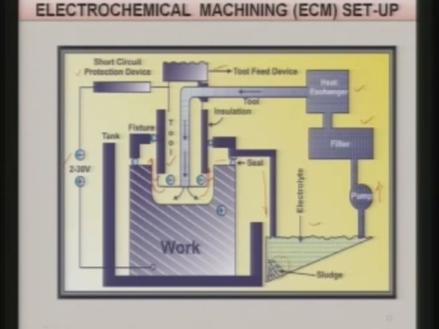Heat exchanger is an important unit of any ECM process, because the temperature during the year varies to a large extent. If you take the example of temperature variation in India, it may be between 1 or 2 degree centigrade to 48 to 50 degree centigrade in desert areas like Rajasthan. So, if you do not control the temperature within a very small range, then the predicted anode shape and designed tool shape will not work as per our requirement. So, heat exchanger is important and the temperature should be maintained within plus minus 1 degree centigrade or so,